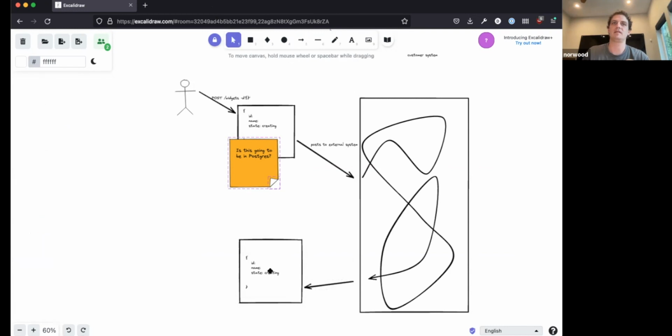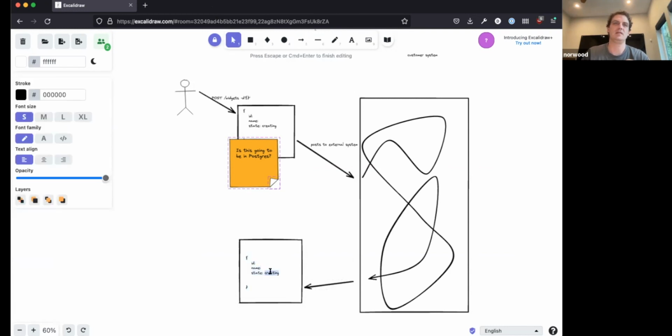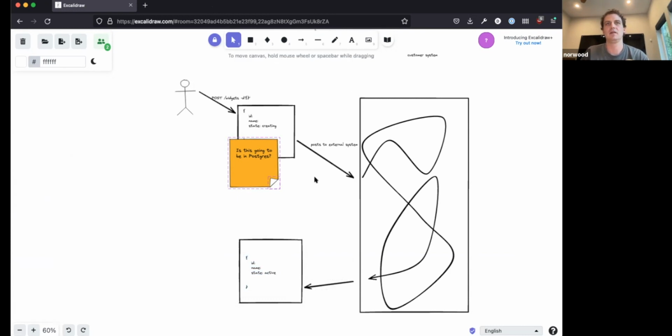That will say that our widget is now in the active state. Right. And so this is how we sort of go through and show things graphically, and you can be a little bit more precise in some of these things, like what's actually in the post and what's actually going on in here. You can embed other images in here, right? So there's a lot of